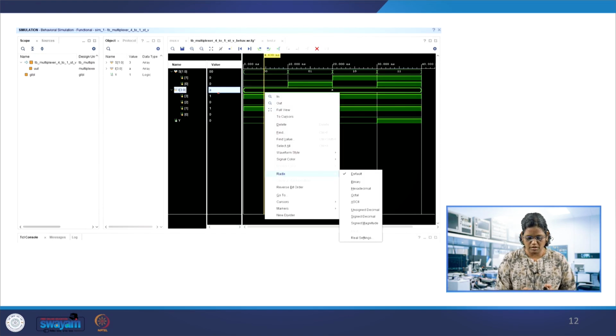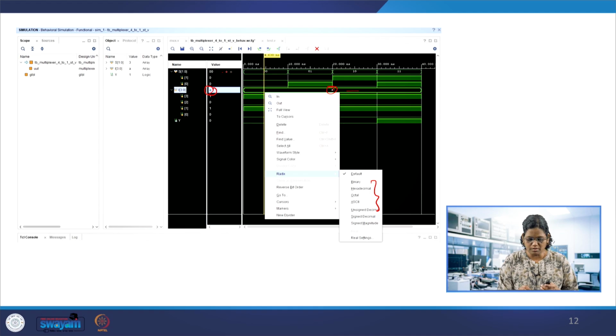So also this one would like to give you to the A, which is 1010. So we can change this radix here, the possible radix. You can see the binary, hexadecimal, octal and ASCII, and then this can be unsigned decimal, signed magnitude, and those things can also be viewed here. When you combine these multi-bit vectors, there is a possibility to change this radix. So you may be writing in the code that it's binary, but you want to view it in another radix. So that's possible to do.